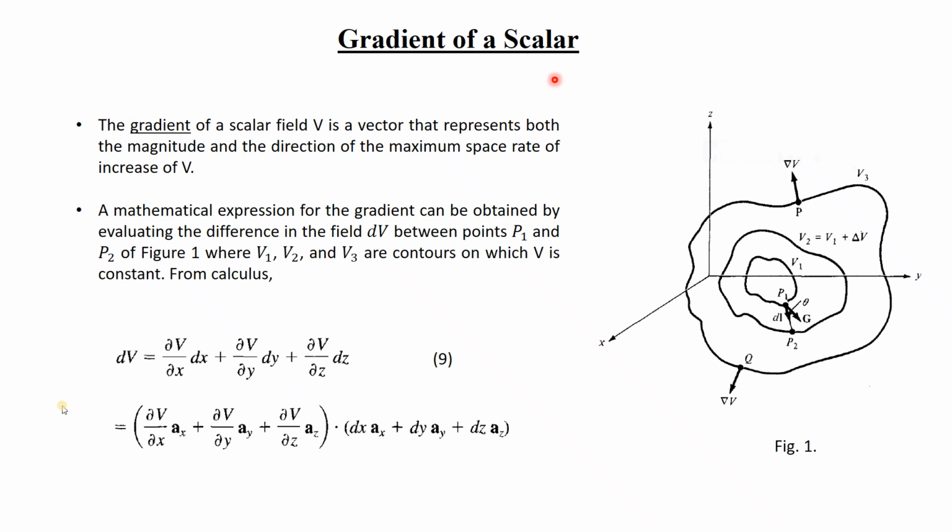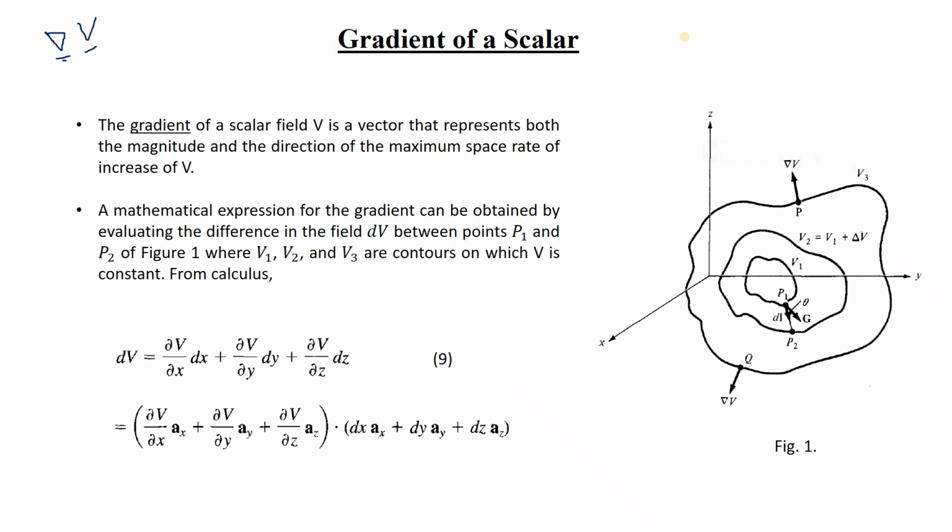Now first of all, let us discuss the gradient of a scalar. First, let us see the application of the del operator. When the del operator is applied on a scalar, it is called the gradient of a scalar. So if I write the equation, suppose V is a scalar. Scalar means it only has magnitude, no direction. Because this is a scalar and the del operator is a vector, there won't be any dot product or cross product, so it will be directly multiplied.